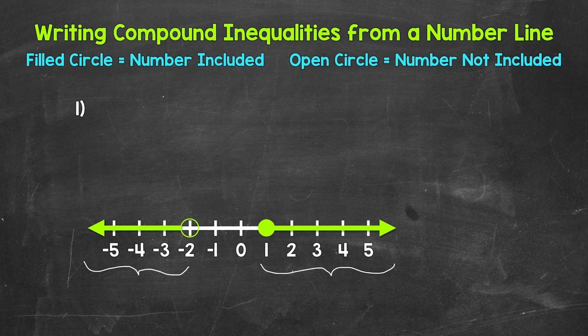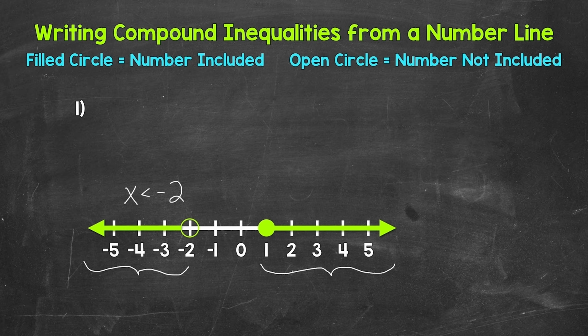So -2 is not included. Then the arrow is going left. So that's representing everything less than -2. Let's use x for our variable. So we have x is less than